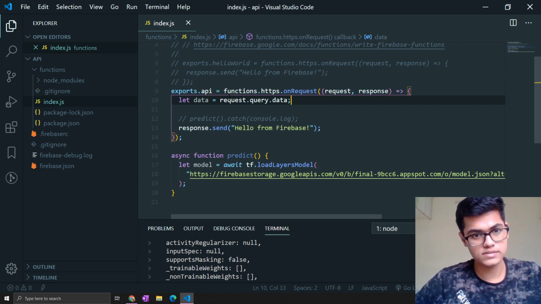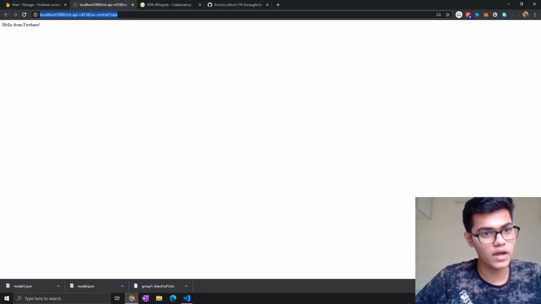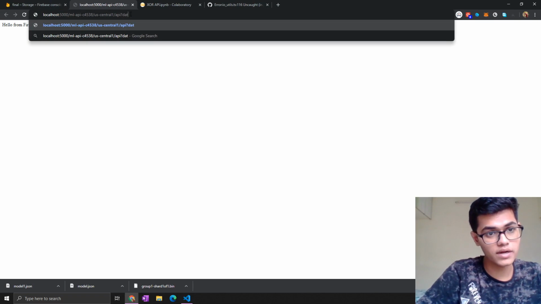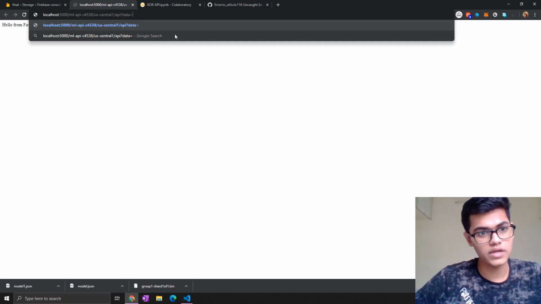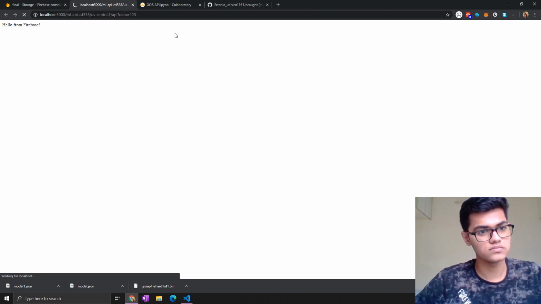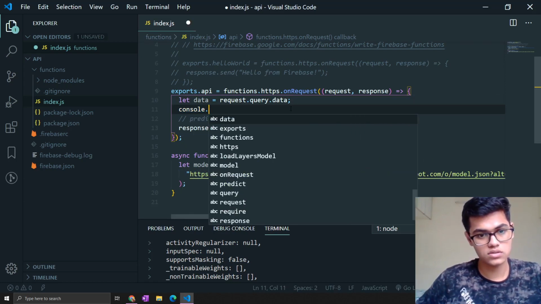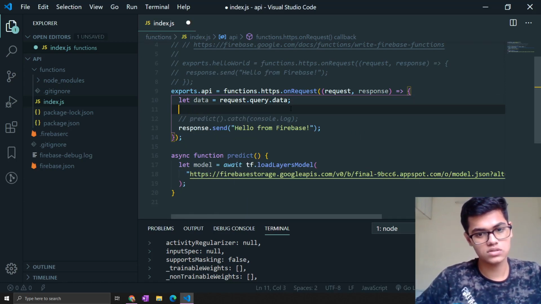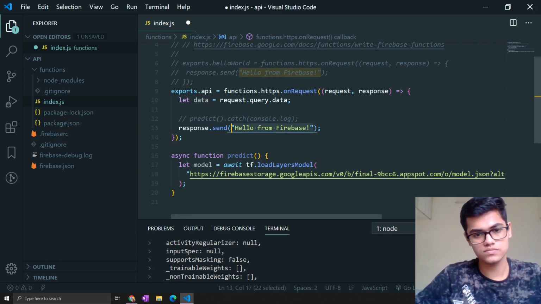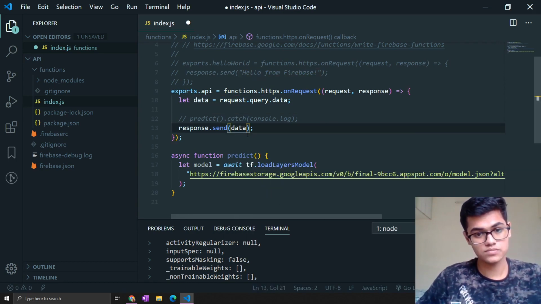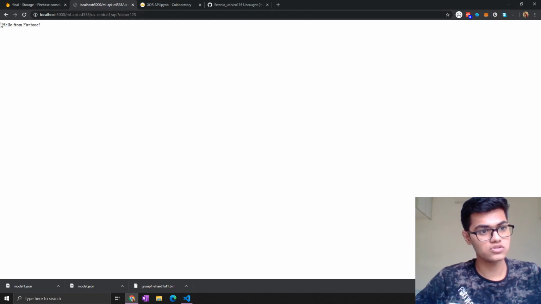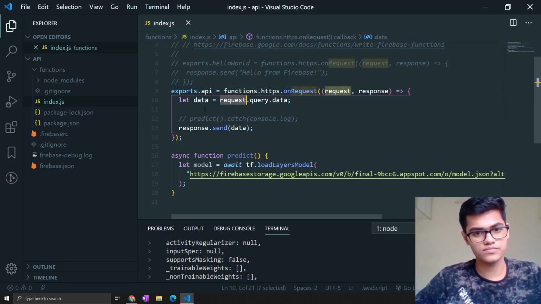So what is this exactly? If we add here a question mark and data equal to anything like 1 2 3, and we console log this data here, or just return it, you can see we will actually get 1 2 3. So this data we can get through this query.